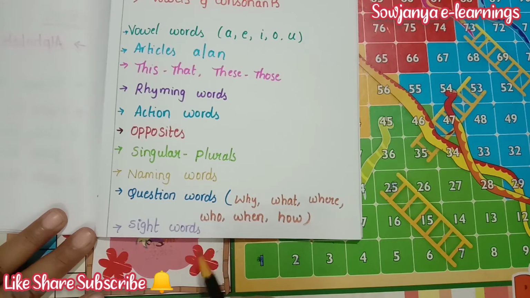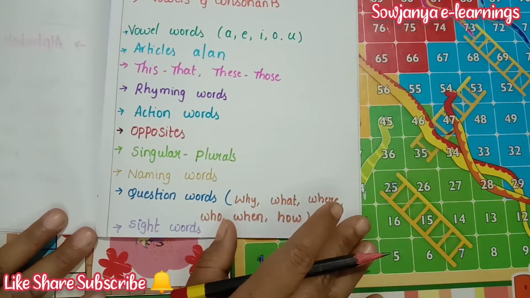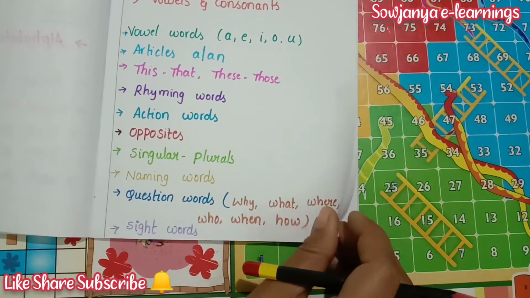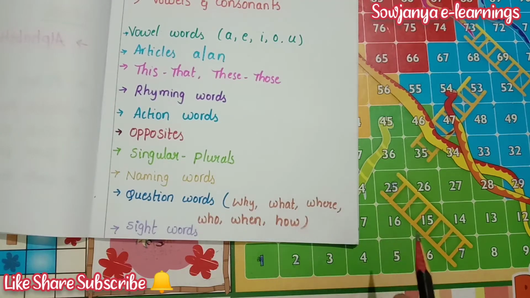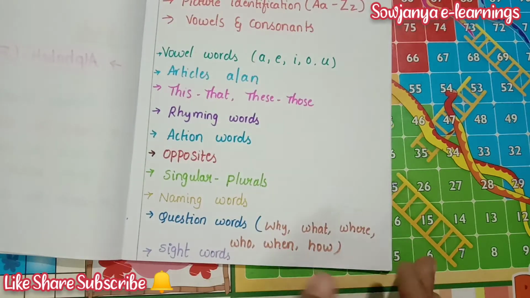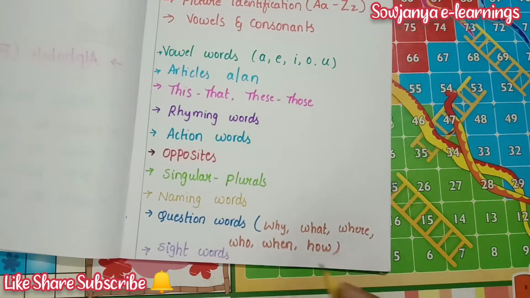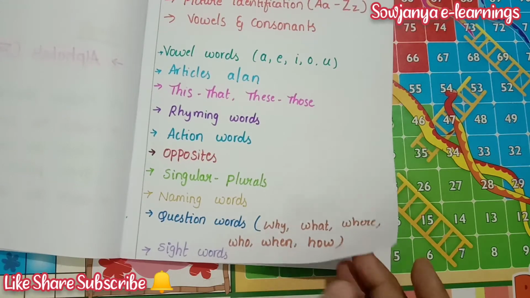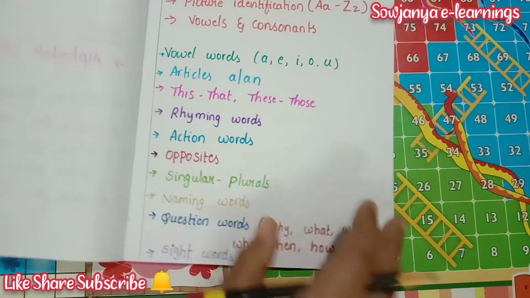Next, sight words. Sight words are the words which are used to form the sentences. So, we have to teach them some sight words like 2-letter words and 3-letter words. In UKG, we can teach them 2 and 3-letter sight words like is, my, me, had, and, the. These are the sight words, no, where we will use them. And without phonetic sounds only, we have to read the sight words. We have to teach like that for them.